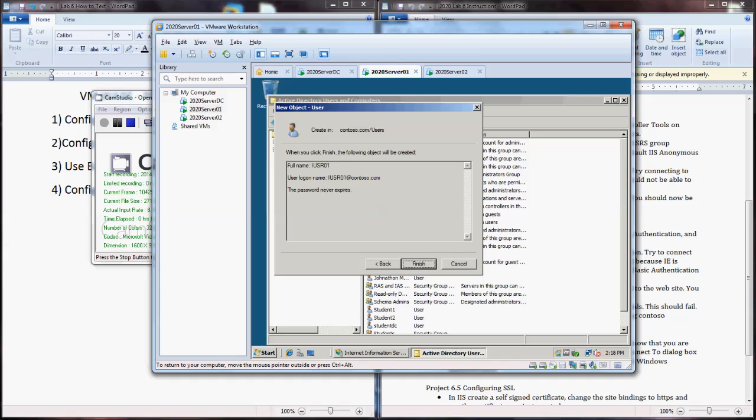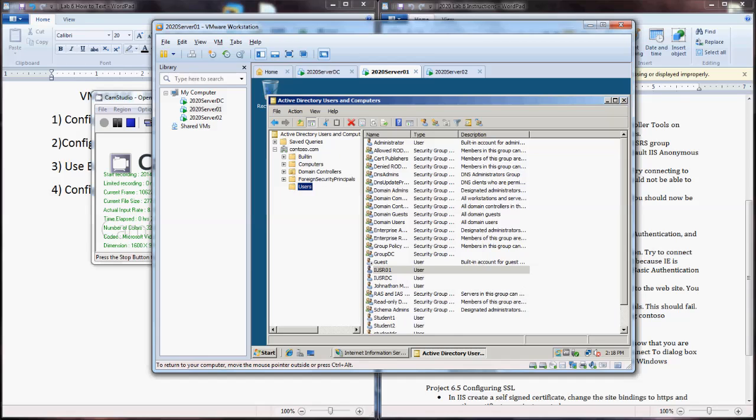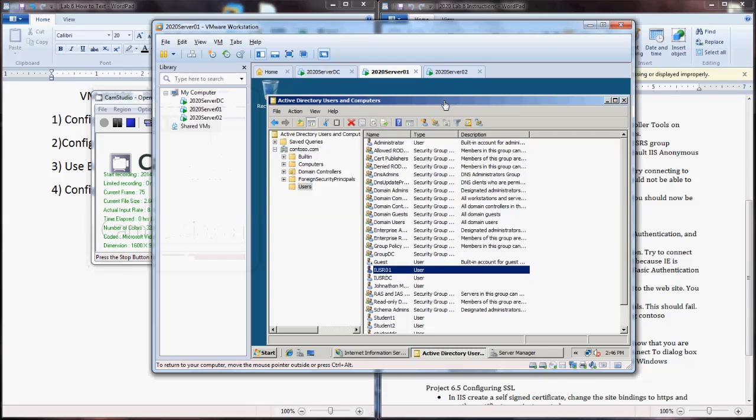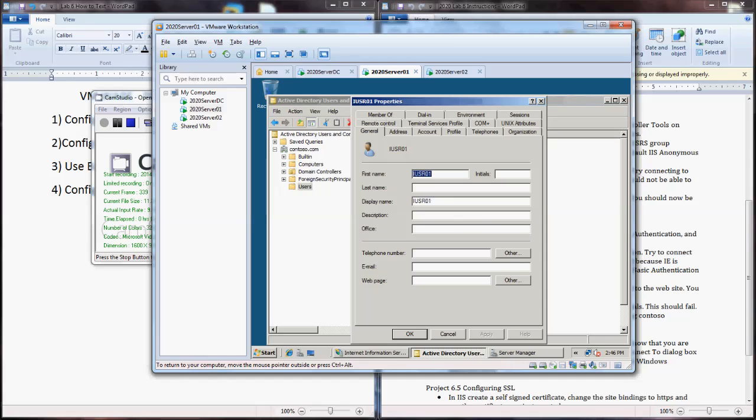Go ahead and click next, and this is just a confirmation screen. It shows you the credentials you've put in. I'm going to go ahead and click finish. Now that we have our iUser01 account created, I'm going to be making the account a member of the iUsers group. To do this,